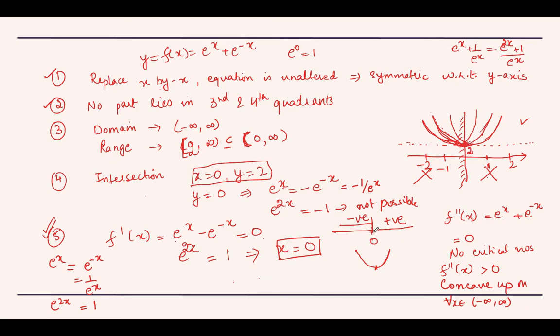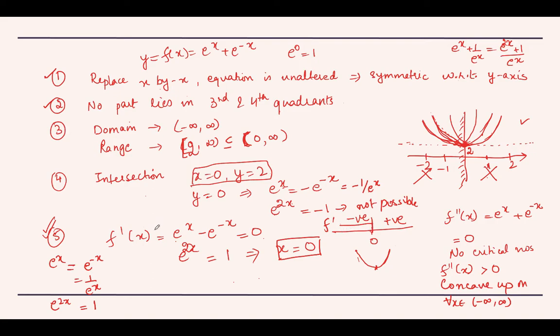Then further, when we investigate the sign of f dash, to the left of 0, the sign of f dash is negative. To the right of 0, it is positive. We will just see why that happens, and therefore it gives us that at 0 we get a point of minima. The function is decreasing first and then increasing. So this 0 gives us a point of minima, and therefore the shape of the graph has to be somewhat like this, a cup shape opening upwards. Okay, now let's see why our derivative has a negative sign to the left of 0.